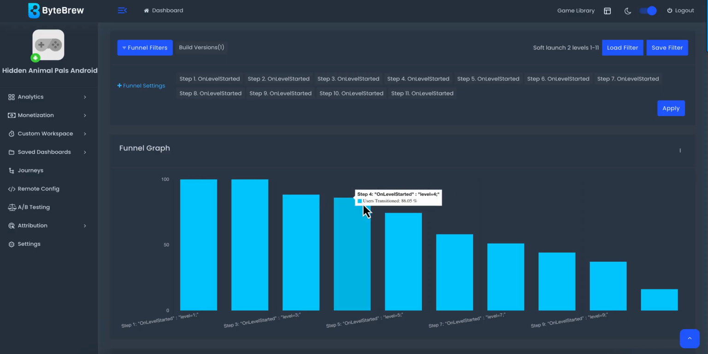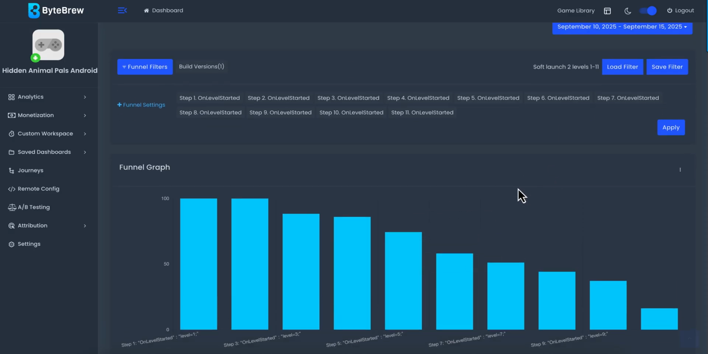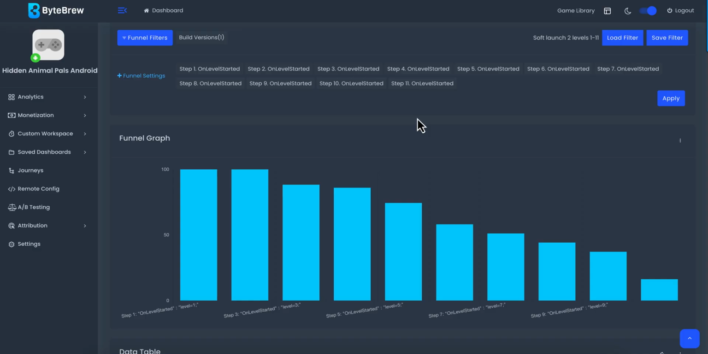Similar to this. This is okay. I think this is not okay. So again, the second soft launch, which was in September, allowed me to see that some of the changes that I had made were good,